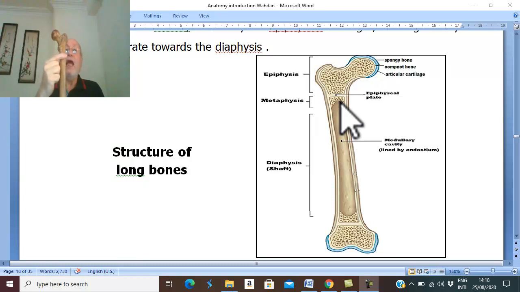Then a newly formed bone formed from the epiphyseal cartilage will push and lead to migration of the previous bone